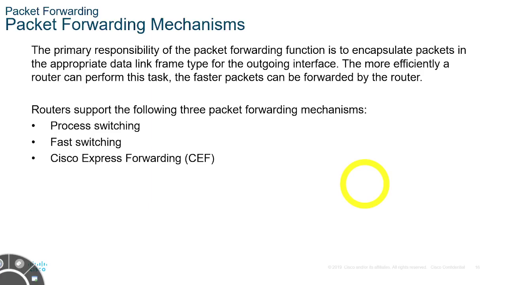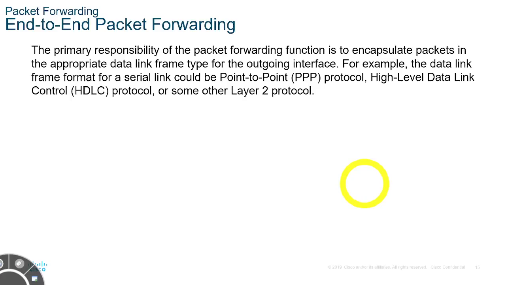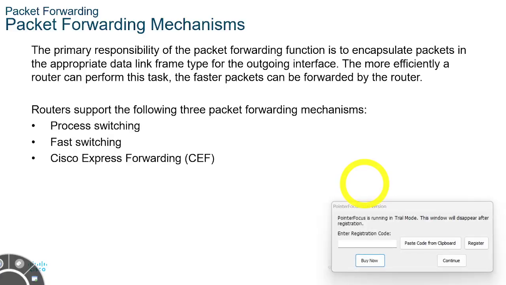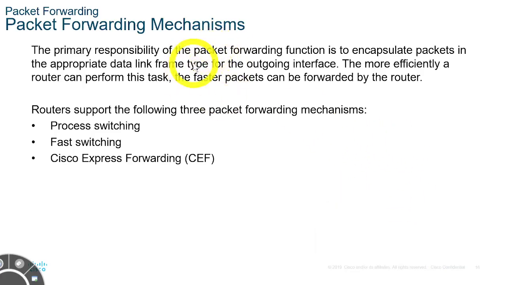The packet forwarding function is to encapsulate packets in the appropriate data link frame type for the outgoing interface, as we have explained here. So the more efficiently a router can perform this task, so more speed with less cost, the faster packets can be forwarded by the router. So if a router receives a packet and it immediately takes the decision and forwards this packet,